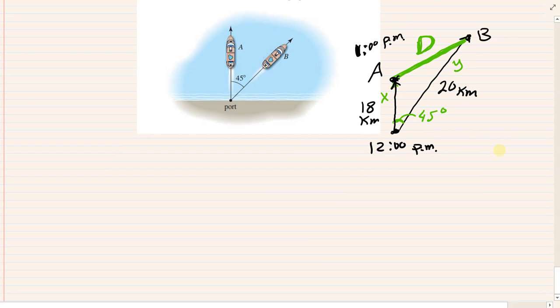We were given three sides, and we want to know the relationship between them. Notice I cannot use Pythagorean because the angle between them is not 90 degrees. So we have to use the law of cosines. Using the law of cosines, let me write that, we're going to write d squared is equal to